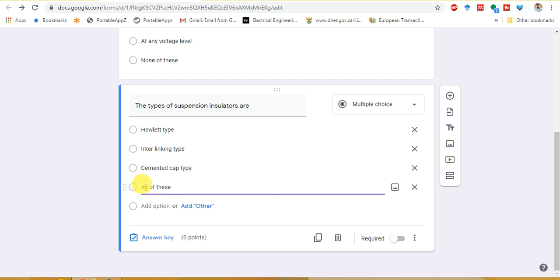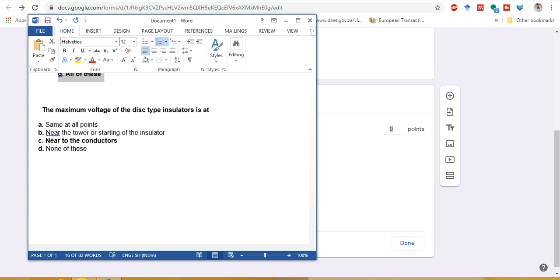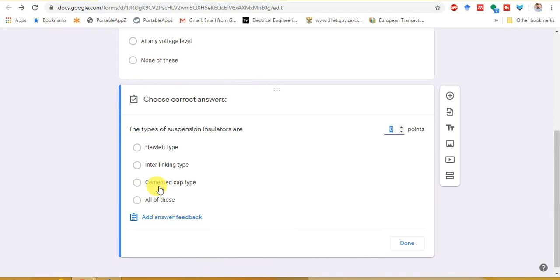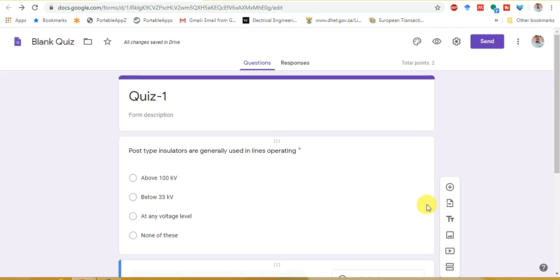Now again the answer key: the answer for this is all of these. So this will be all of these, 1 point, done, required, and shuffle option.